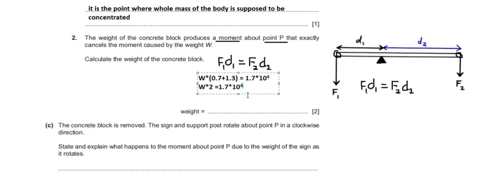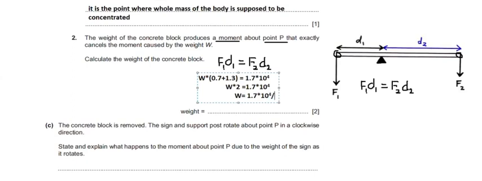So here we can calculate what is the weight W. I will write down here this way. Weight W is equal to 1.7 into 10 raised to 4 divided by